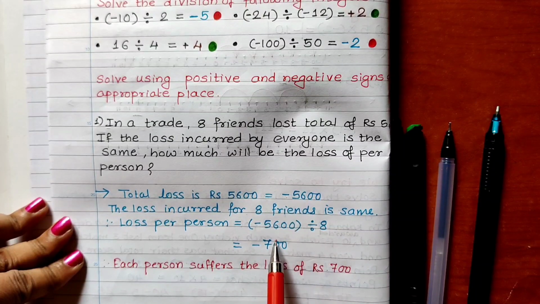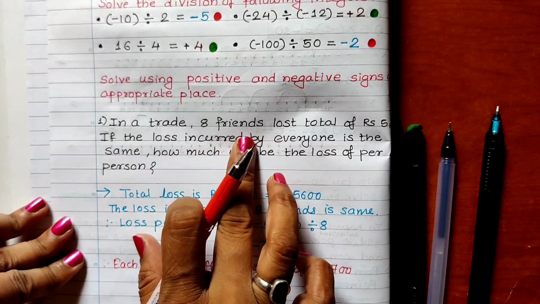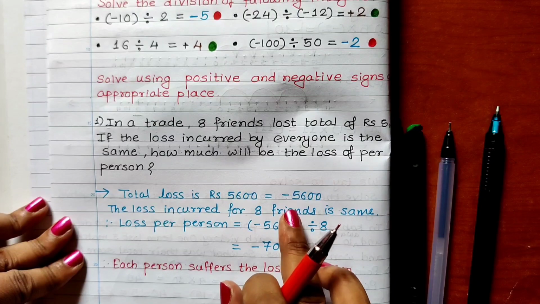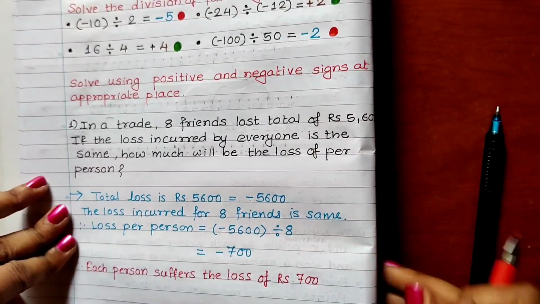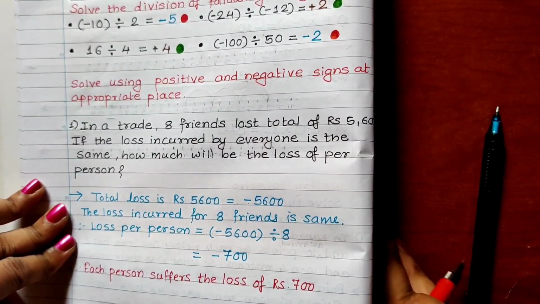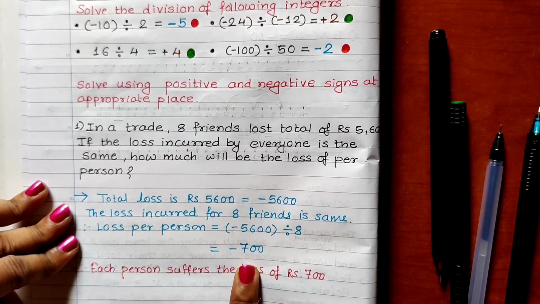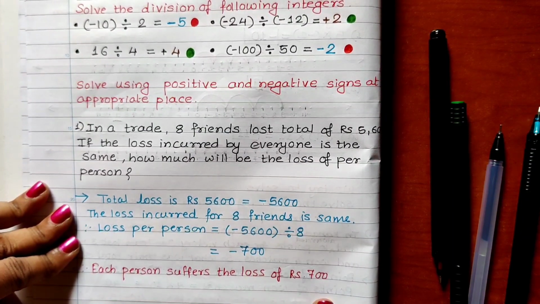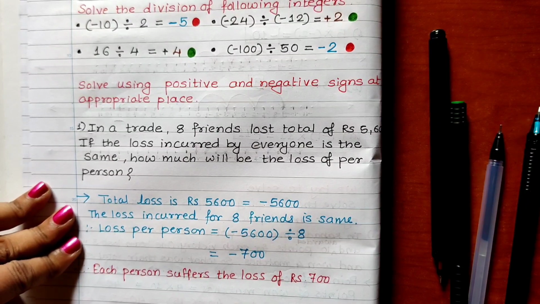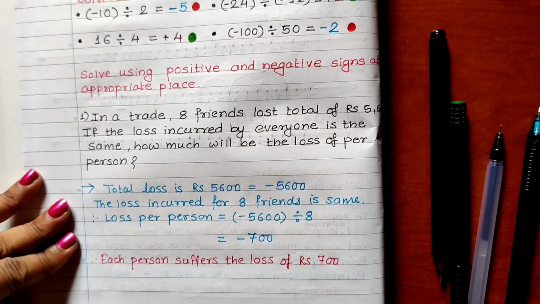See, here I have not written the minus sign, but when I have written the loss, I have to write the minus sign, and then while dividing it between each person's share, because 8 friends are there, together they have got the loss of 5,600 rupees. So each person's share we have to show. For that we have to divide it by 8, and while showing the division also I have written the minus sign, and when I get the answer also I have written the minus sign. But for the answer statement we should not write the minus sign. In this way you have to show your answer. Now go on to the next activity sheet.